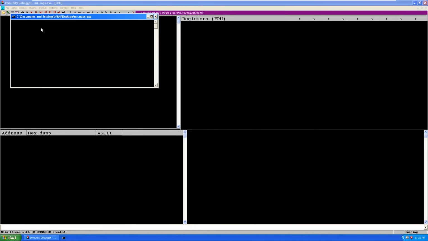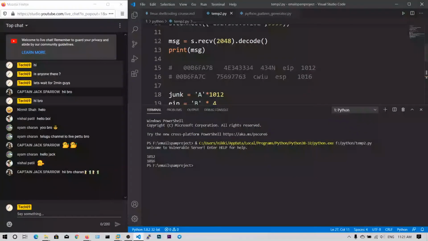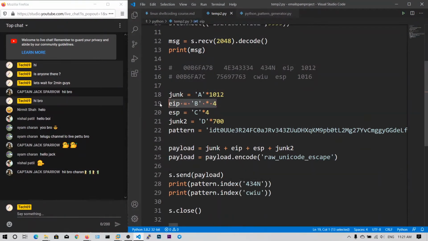So instead of these B's we can send anything and that thing will be placed in the EIP. And since ESP can contain more than 500 bytes of characters, we can store the shellcode there and we can jump to that ESP and shellcode gets executed.